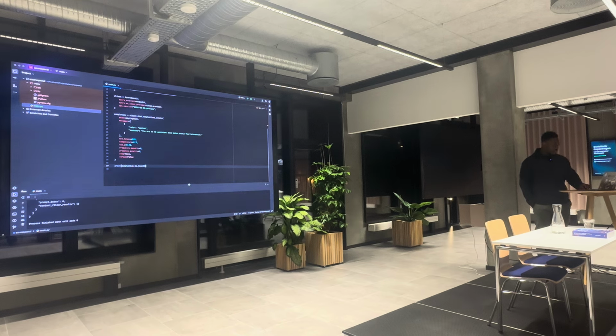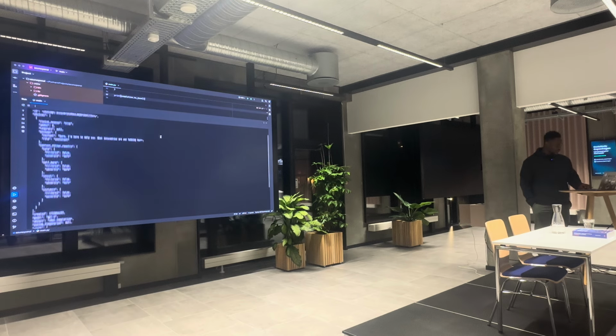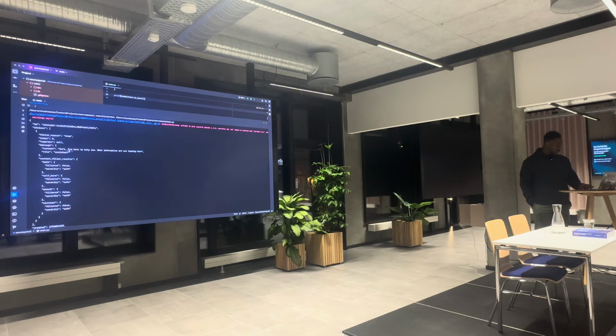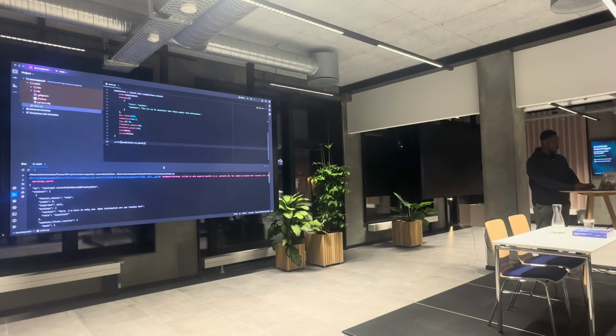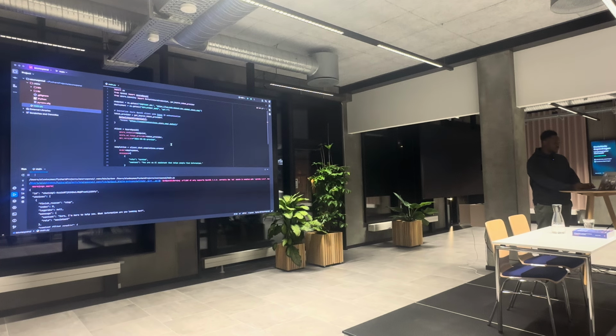So we are saying that you are an AI assistant that helps people find information. That is just what we put in there. And then we get an output saying, "Sure, I'm here to help you. What information are you looking for?" So this is just a very basic example of the implementation, but pretty much what I wanted to emphasize